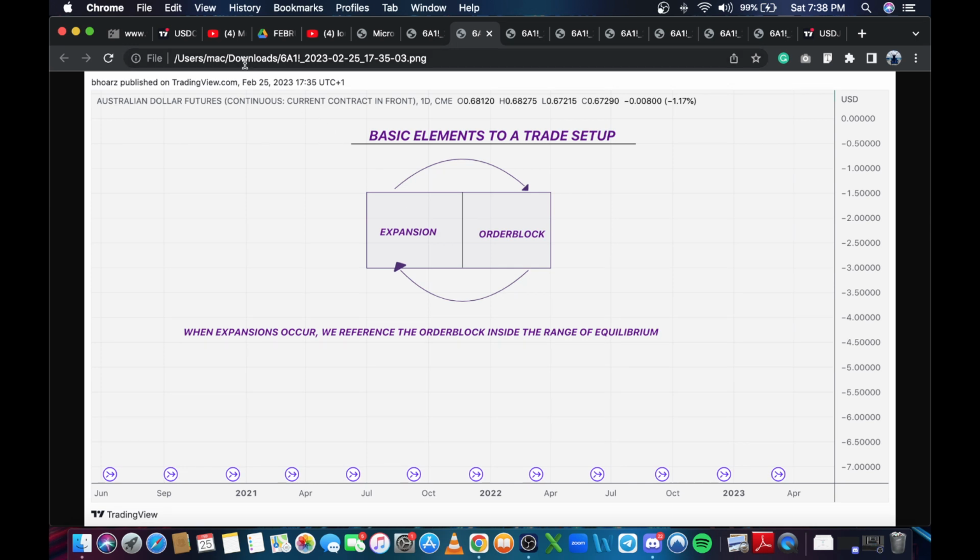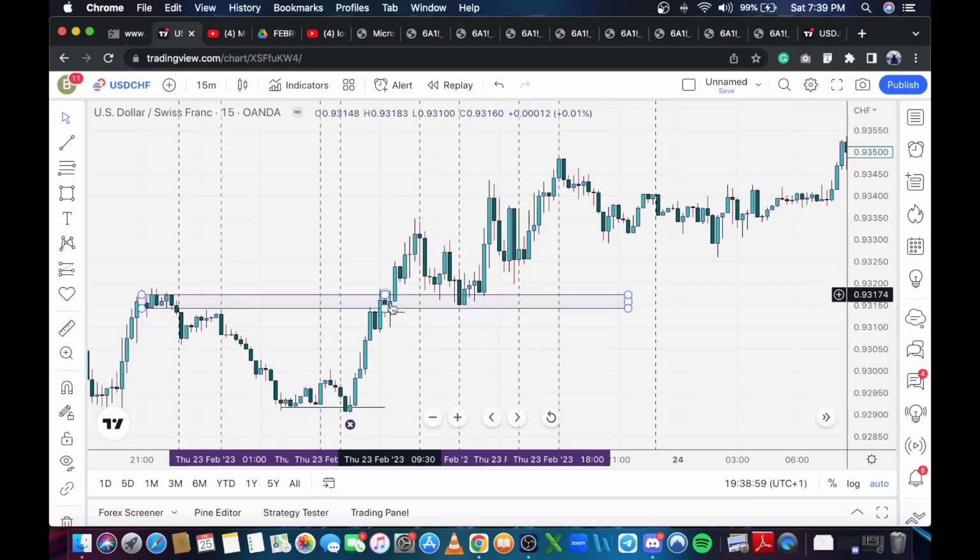Okay, market trades back down to order block, and then we see another level of expansion outside the range. Now we have a retracement down into an area of fair valuation, which is a small bullish fair value gap, and then expansion one more time to take out buy stops above the high. And then during the start of New York session, which starts here, okay, London lunch going to New York session,